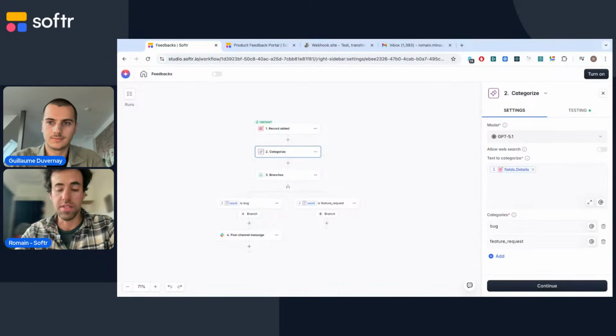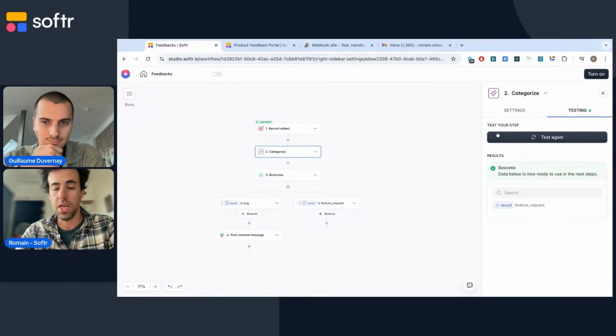Then you set the categories you want to use for this description, here just bug and feature request. Same as before, you will do a test to be able to use the result. Here it decided it was a feature request, and we could have tested with another one that would result in bug. You will always have either bug or feature request.